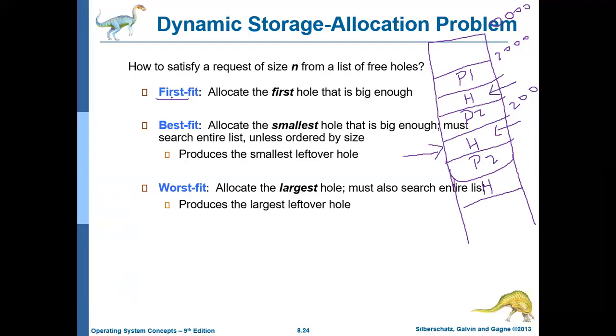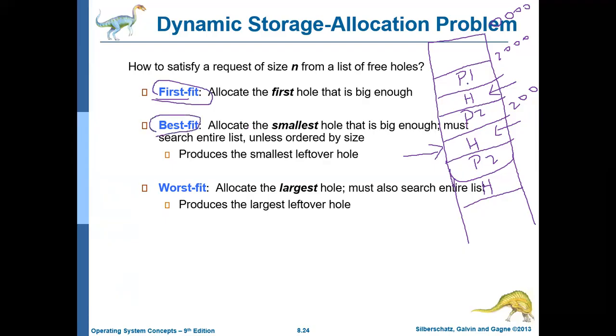First fit says that you just browse through all the holes, starting from the beginning location, and whichever first hole you find that is big enough to fit this process, allocate that hole for that particular process. That's it. That is first fit. That is one algorithm. The second algorithm is best fit.